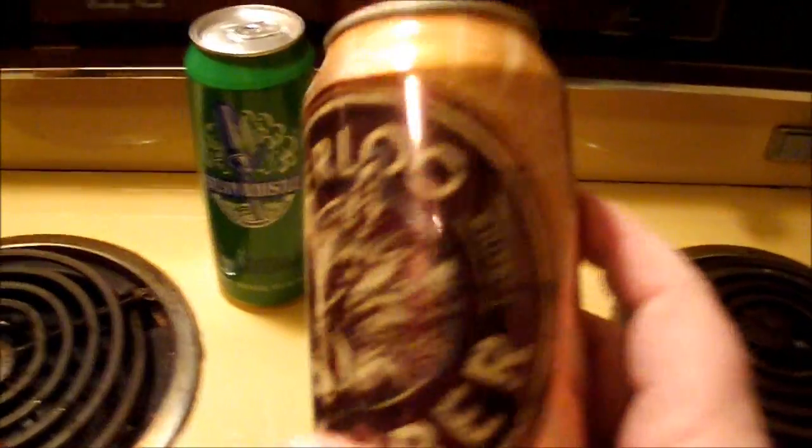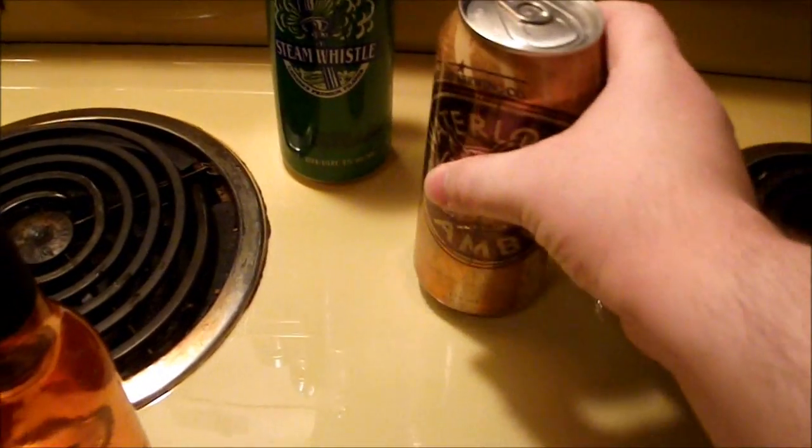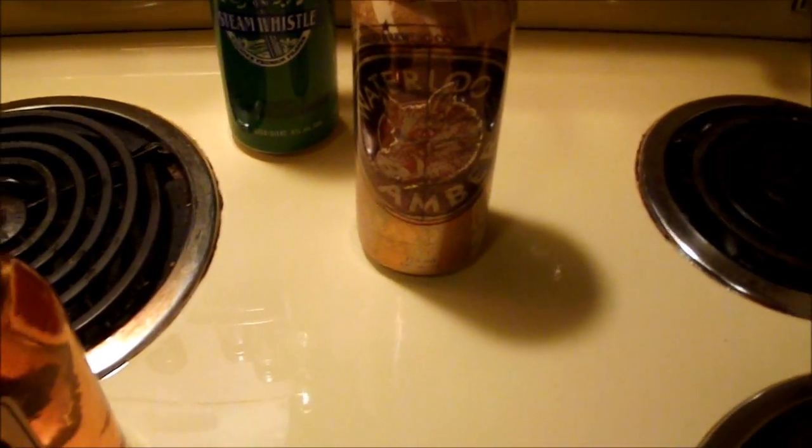Alright, second one is Waterloo Amber. It's kind of strange. This is the first time I'll have tried one of the Waterloo brews. I haven't had a chance to try the Waterloo Dark yet. Waterloo Amber, I saw briefly a part of Rhino's review on this. Can't really remember a whole lot of it. It says here, Waterloo Amber. Due to your Movember video, I thought I'd pick...